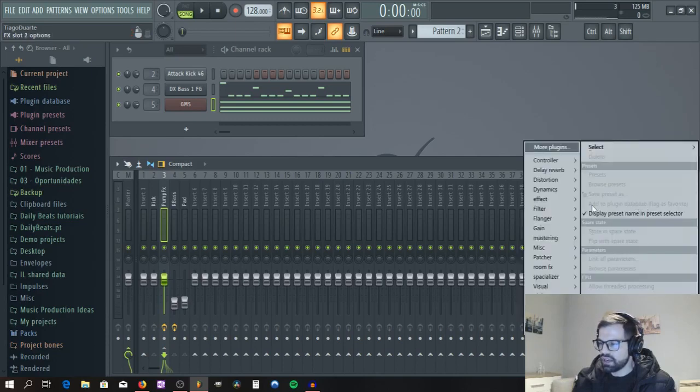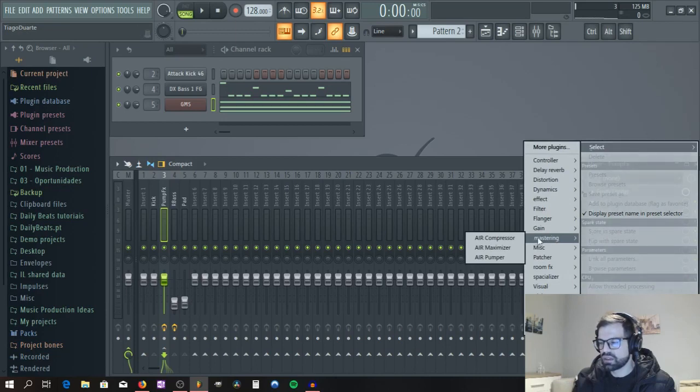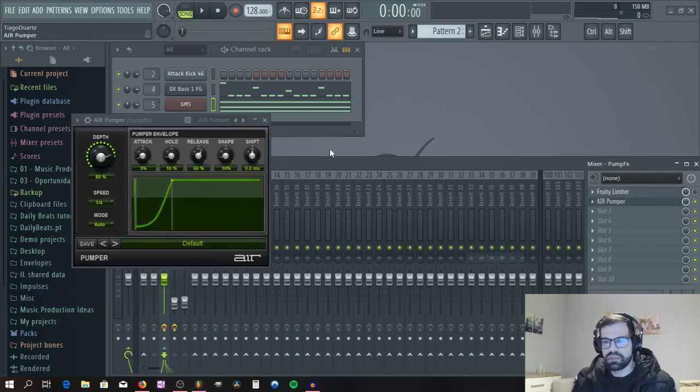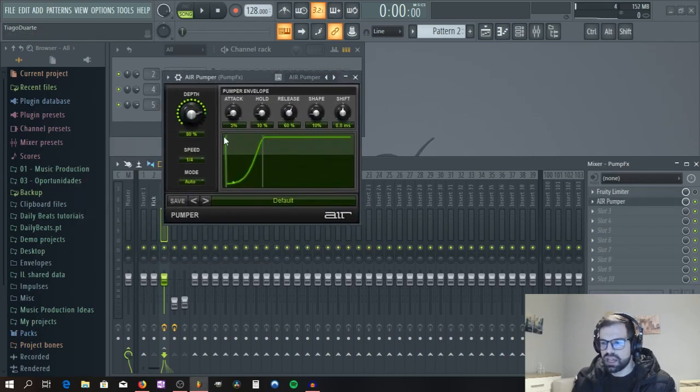And I have one here that I recently discovered, and it's under the mastering category, which is strange, I don't know why they would put this in the mastering category, but whatever. It's called Air Pumper, and that's why I call this effect the pump effect. And if you see, let's wait for it to load. Okay, if you see, we have this